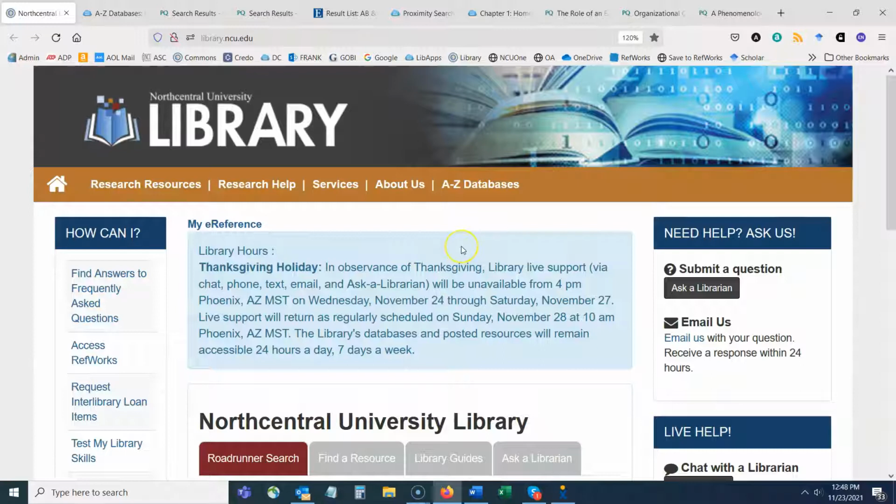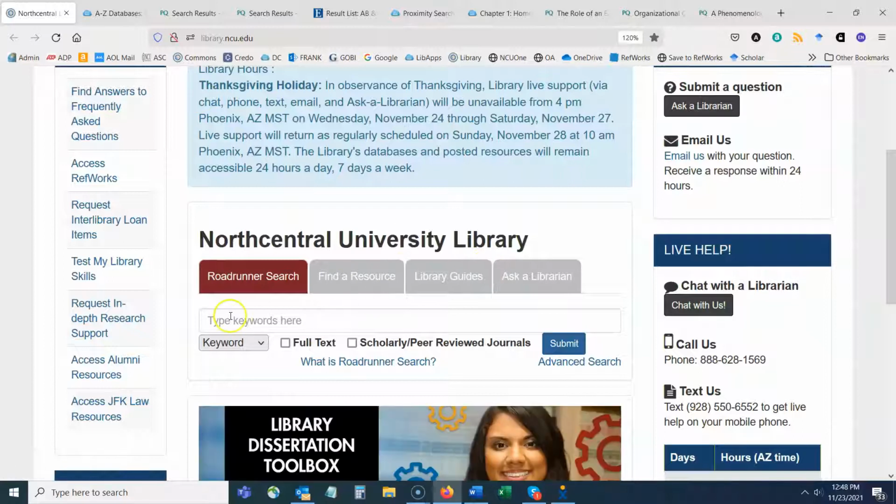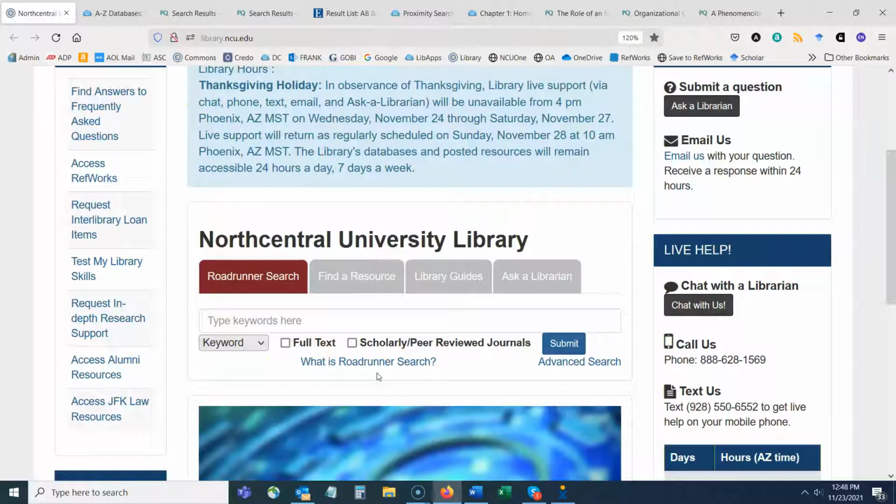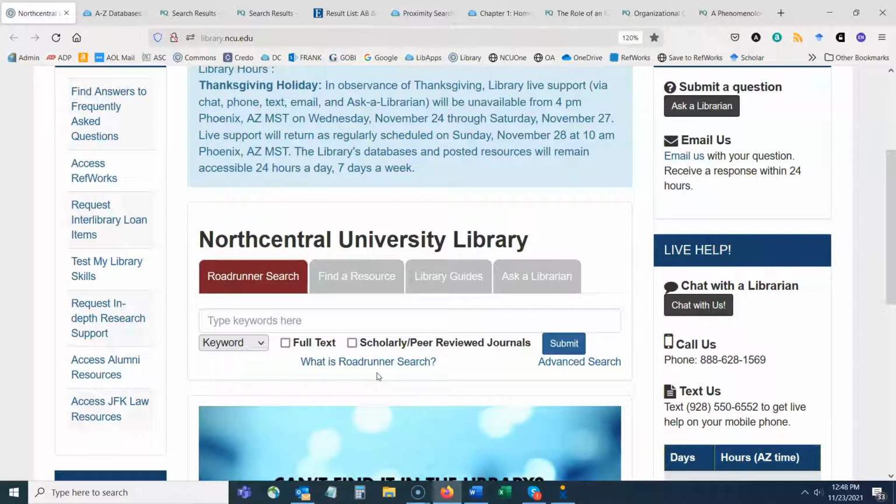The next thing that we're going to talk about is using books to potentially find more information on theories and models. Because books are typically much more comprehensive than scholarly articles and dissertations, they often present a thorough overview of a particular discipline. However, since the ebook databases contain fewer resources than, let's say, Roadrunner, where you're primarily looking for scholarly journal articles, which we have millions of, there's not millions of books in our collection,